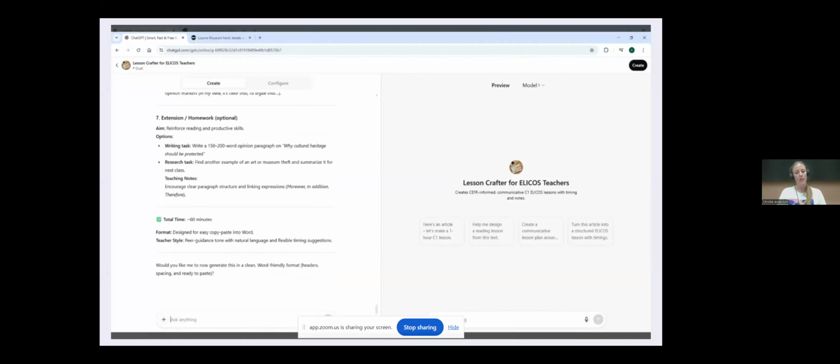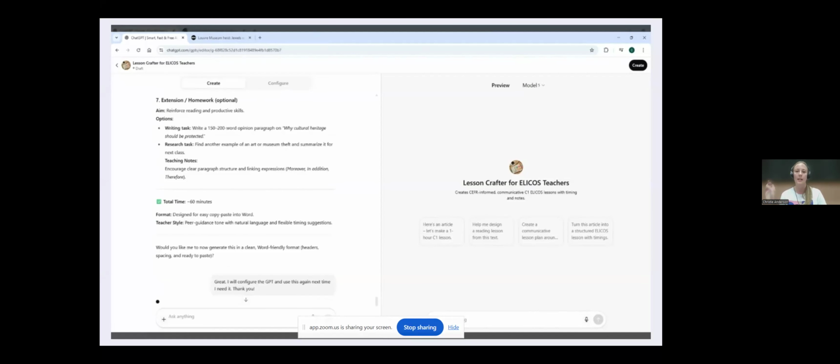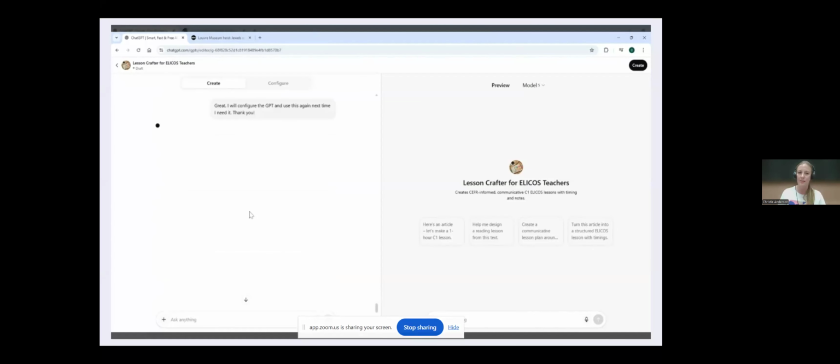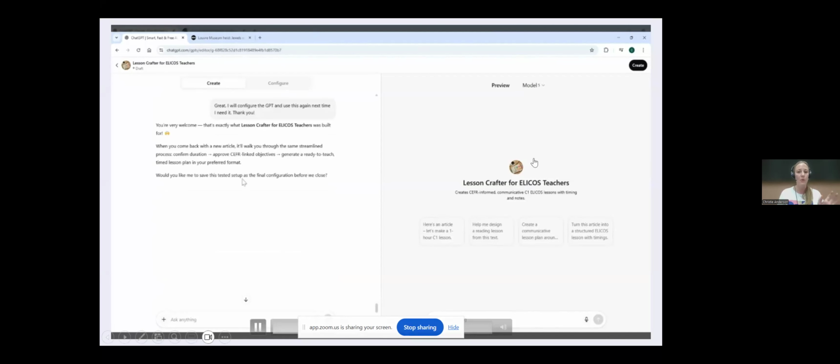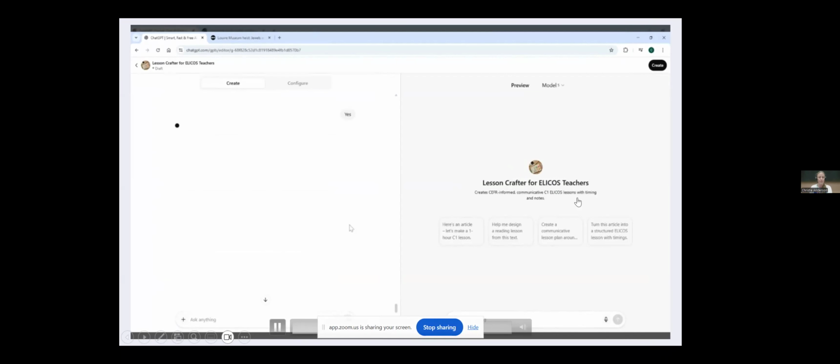So at first glance, I'm pretty happy with this. Of course, we always need to refine that. The output, I would like to probably copy that, move it into a Word document, or ask the custom GPT to produce a Word document for me as a download. Then I would take a close look at it. I would maybe take some sections out. I would move a few things around, or I'd ask the GPT to help me to do that. But you can see that it's built me a pretty solid lesson plan based on a really topical recent article.